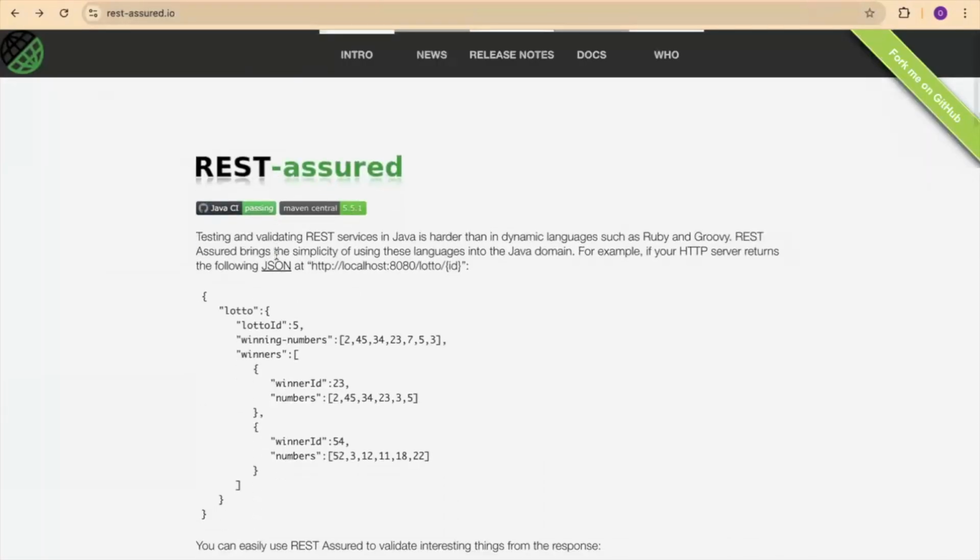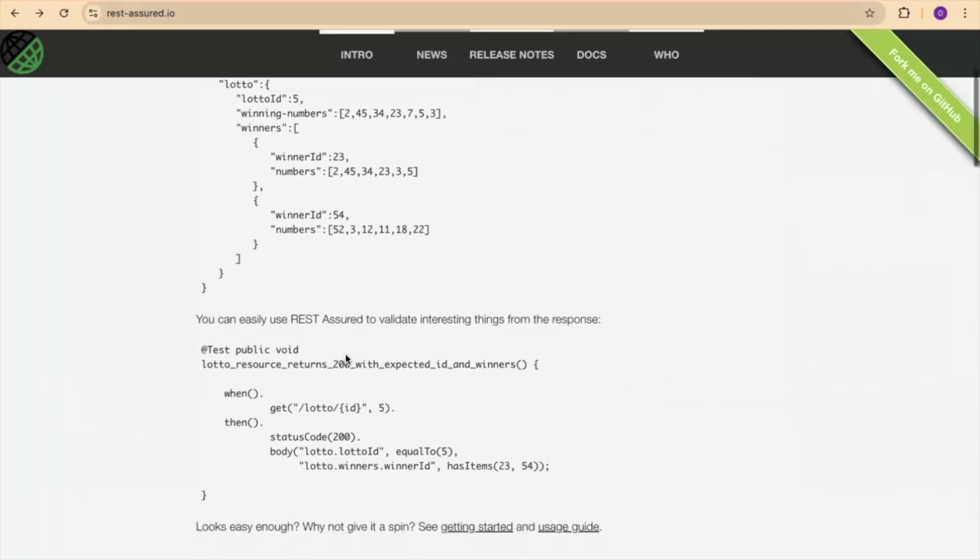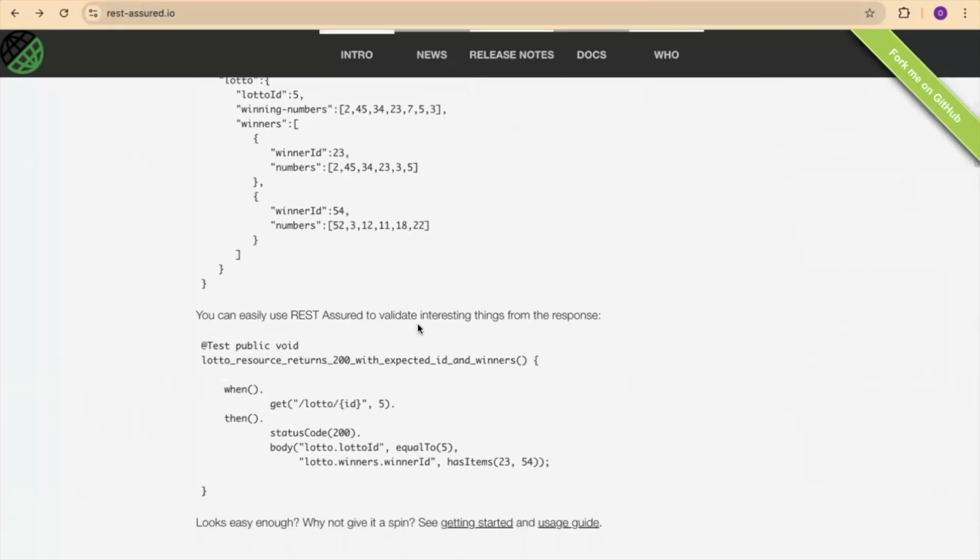Rest Assured is a dynamic framework. It's a Java framework for automating your API, and it's dynamic in that it validates REST API services. For example, if your HTTP server returns a JSON like this, you can easily use Rest Assured to validate interesting things from the